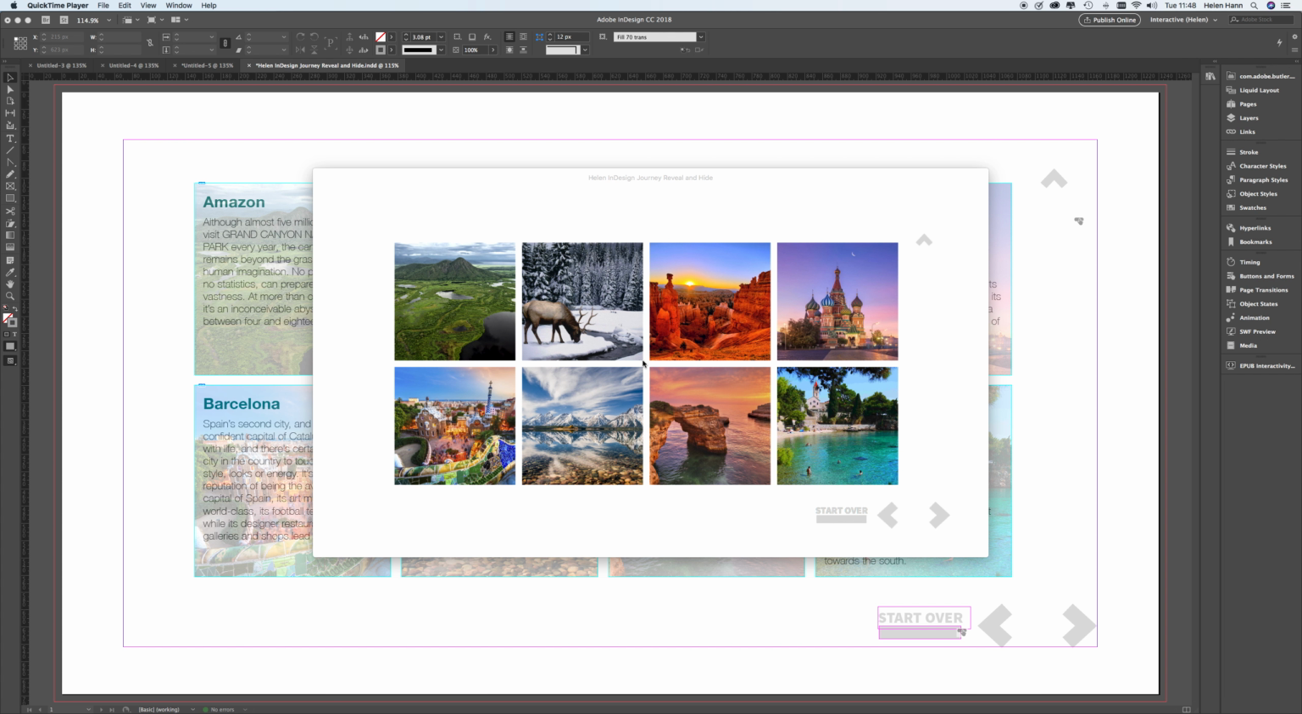Hello again. This is another InDesign tutorial. This time we're looking at an image reveal and hide for EPUBs. I've got my EPUB reader here and I'm just going to show you the kind of thing that we're going